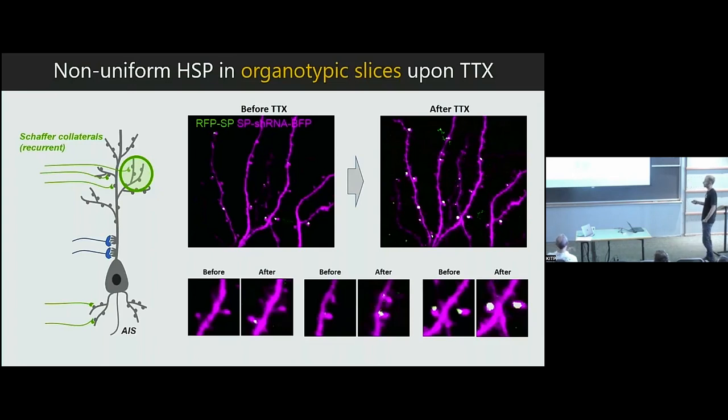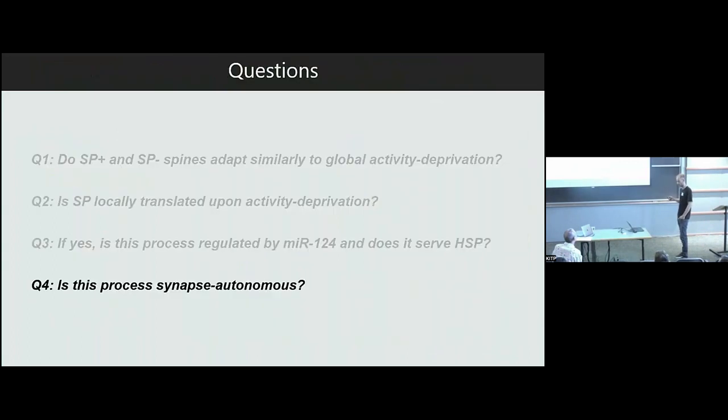So here you have spines that become synaptopodin positive, so you see an enlargement of the spine size. Some protrusions remain synaptopodin negative, and they are usually the smallest ones. And you also have very large spines that already contain synaptopodin, but further increase and express even more synaptopodin. So you have this non-uniform regulation that is very fine here, on a pairwise type of analysis.